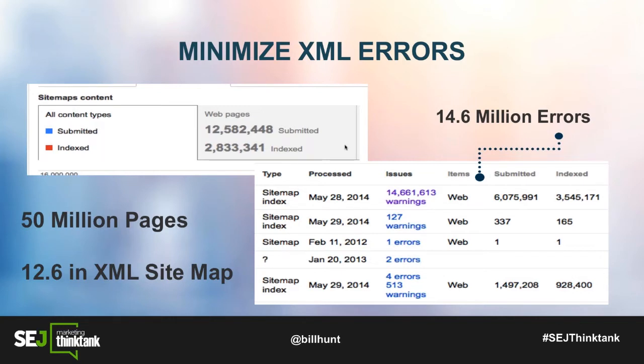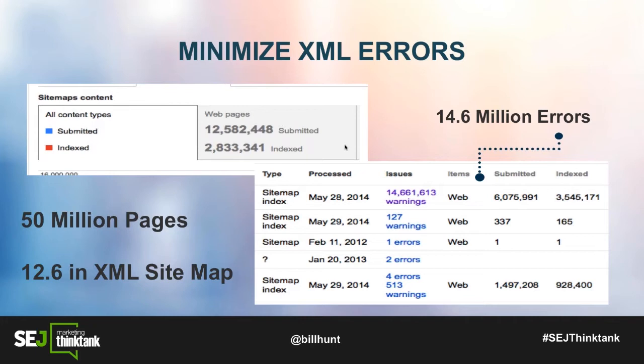And Google, Bing, and Yandex have all said they usually use a threshold of about 1% error rate to determine if they want to look at those pages. And we'll see an example later where the first three pages actually had a problem, and by fixing that, you're able to get more pages indexed.